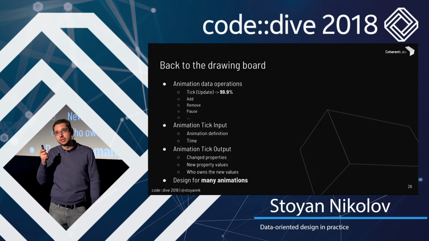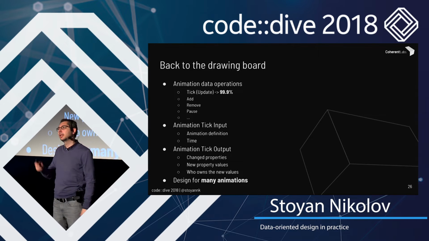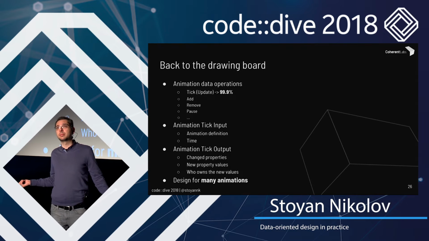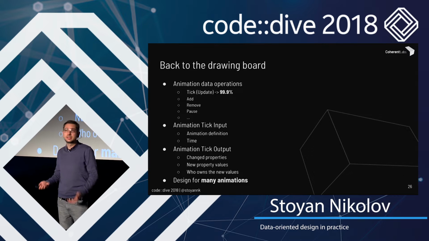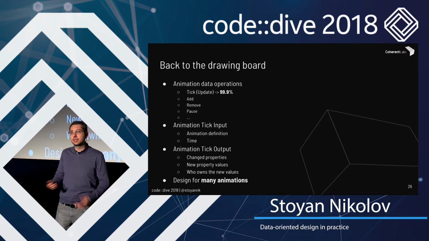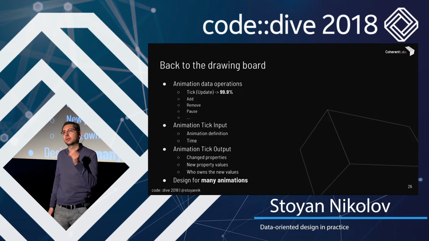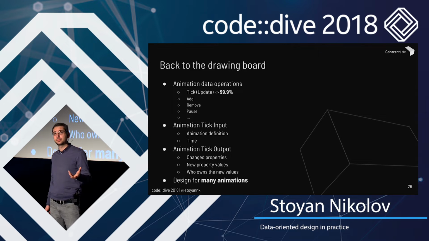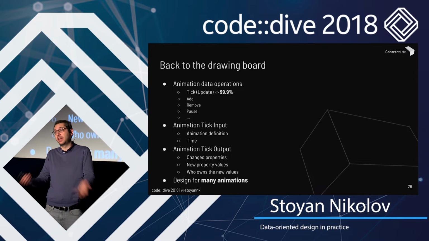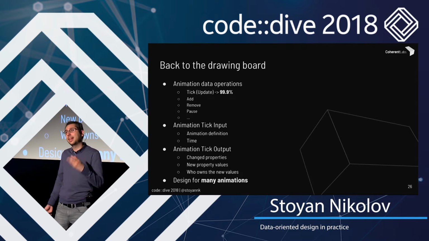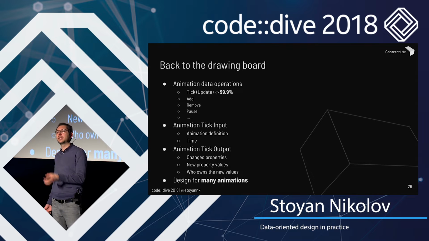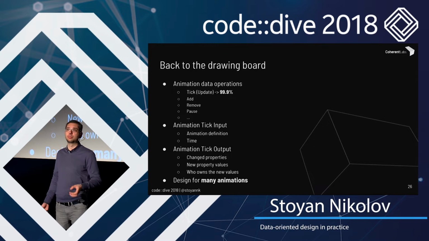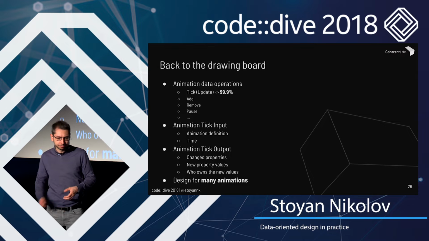We have to also design and decide the input and output of our system. The input is very clear. It's the definition of the animation so that we know what we have to do, and it's time. And the output, again, is clear. We know exactly what we need and what the other systems will need. So we need a list of the properties that have changed. For instance, the color, the position, and so on. We need the new values of those properties, and we need the elements that those properties have to be applied on. But it's not our job to apply those properties to them.